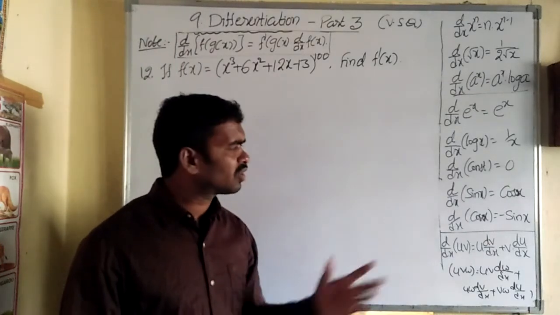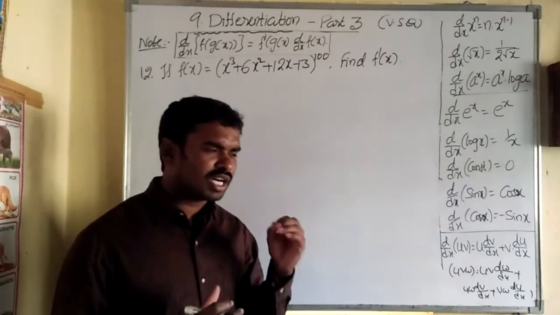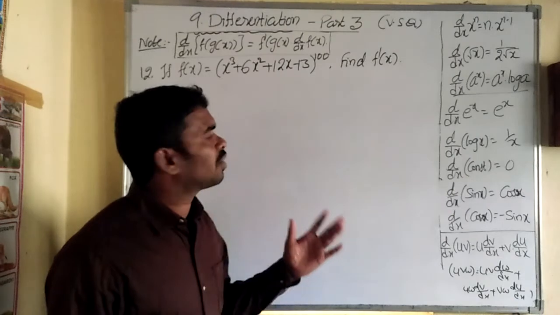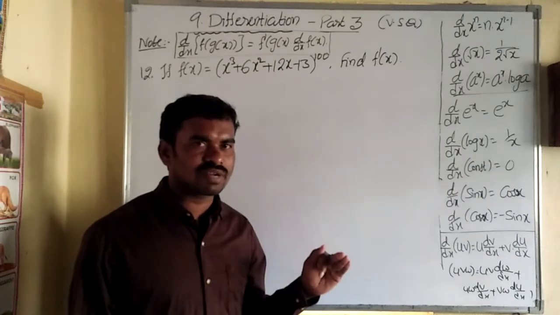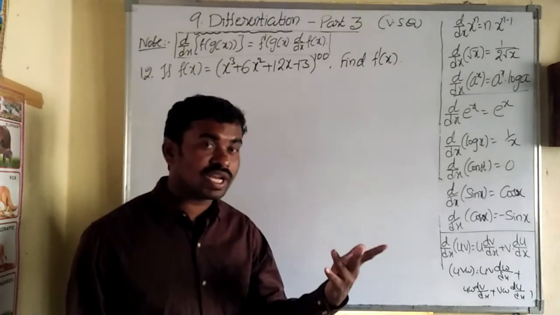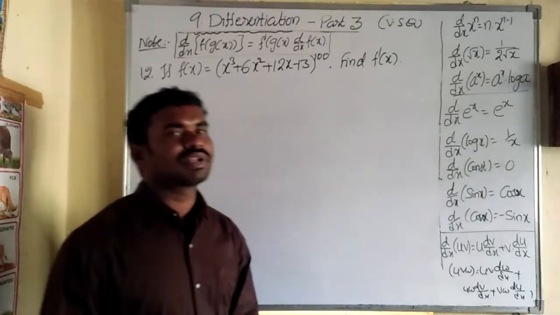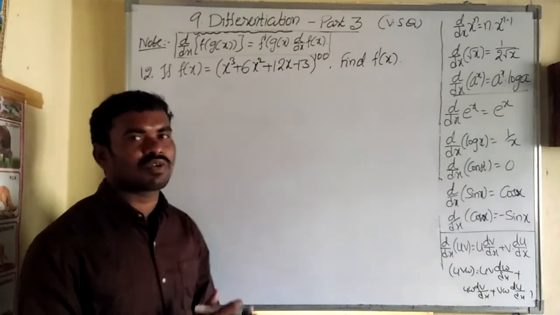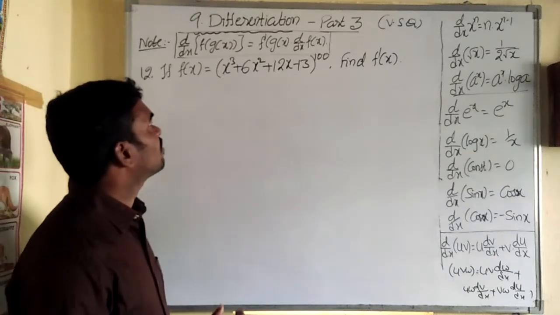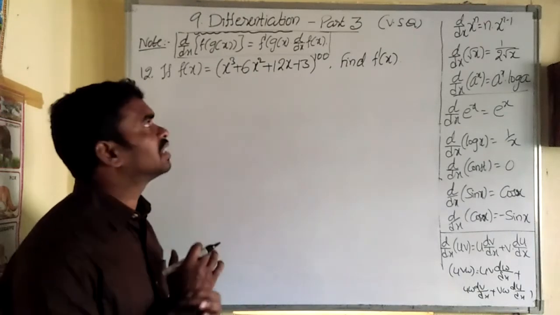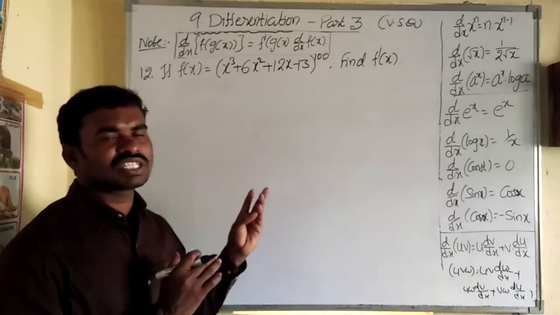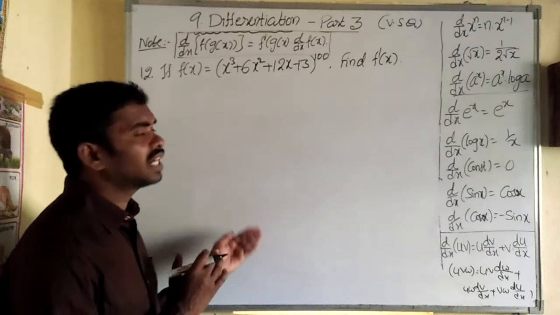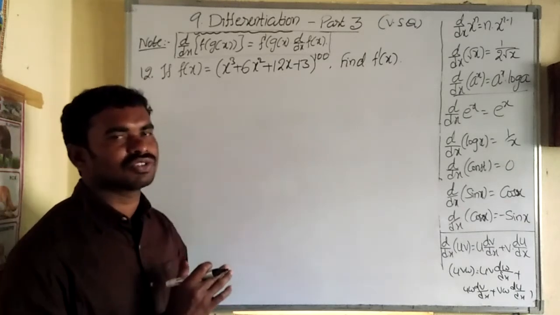In part 1 I told you we should remember all the formulas 100%, because in this chapter these formulas are very useful, not only in first year maths 1B, but also in the second year maths 2B integration chapter. There also we have to use these formulas and this type of concepts. That's why differentiation must be learned well. It is important: one 7 marks question, one 4 marks question, and two 2 marks questions. Almost all 2 marks questions we can complete in this part 3 and part 4.